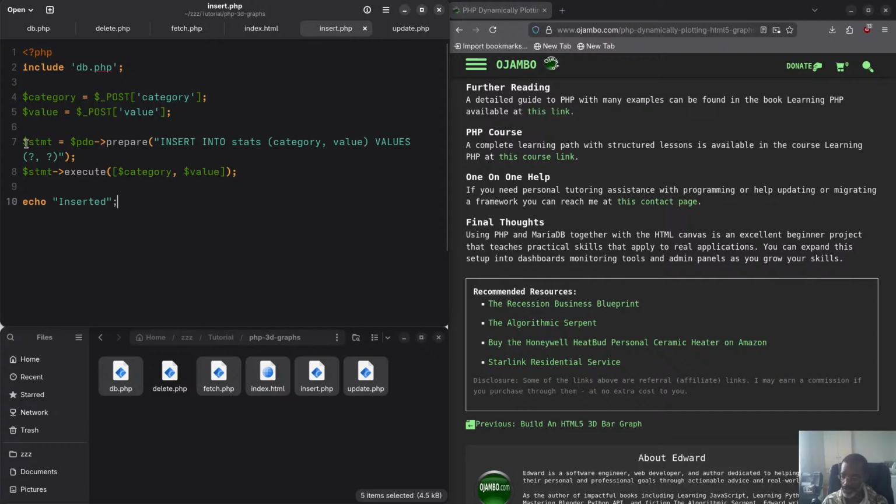So you see the prepared statement in this case, we have two values. Insert into stats, category, and value, and then values. I use placeholders, which are question marks here, and then with execute, I'll put them in here. So this is one way to prevent SQL injection. And you see, when it's done, it says